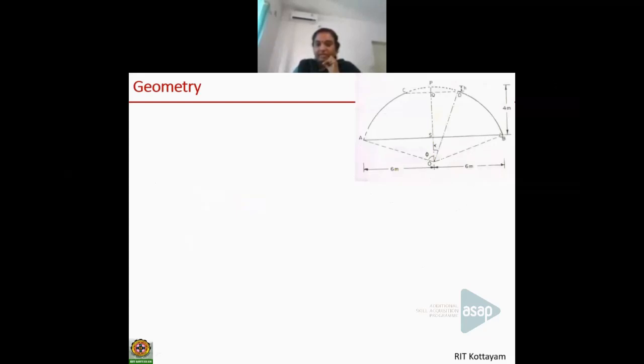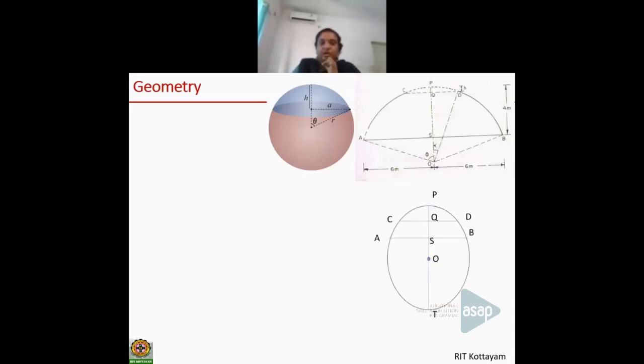AB is your room diameter. This is the opening diameter. And now this dome is something like this, right? So it is a part of a circle. The bluish or grayish portion is the domical part, and actually this is a part of the circle. So now we want to find out where the center of this dome is. So how to do that?